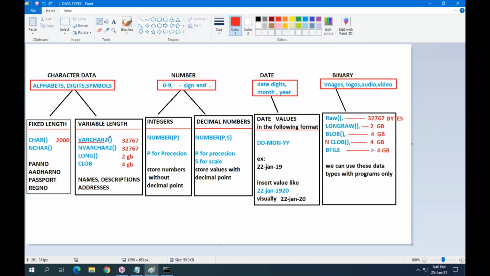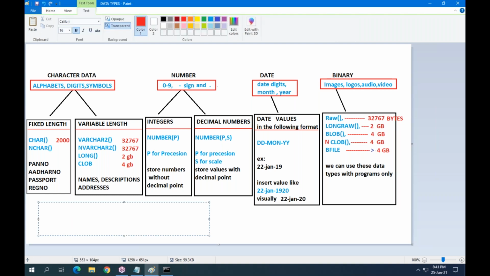Varchar2 means the second version, it will support a larger maximum size. Let us see. Char data type maximum size 2000. Varchar data type maximum size 2000. And later, in the later versions, varchar2 maximum size 4000.